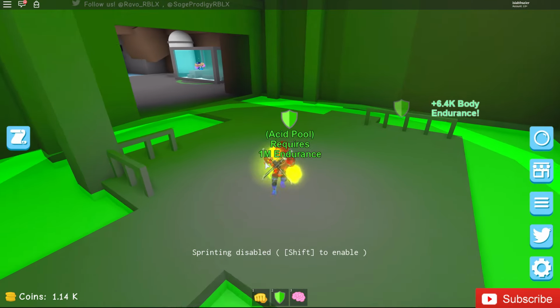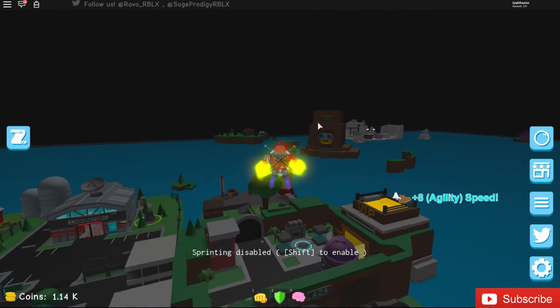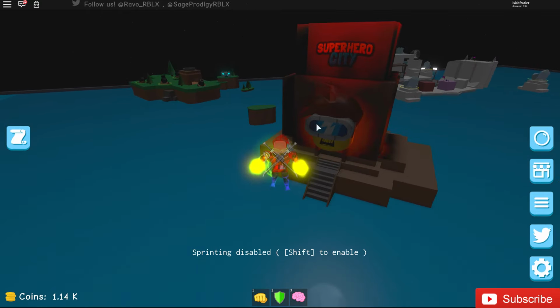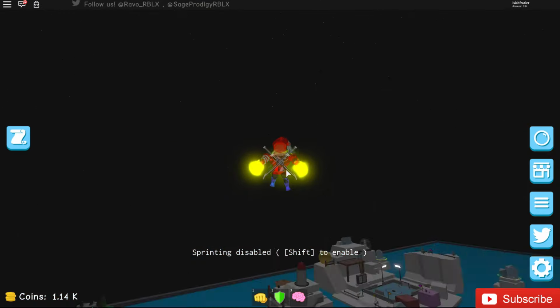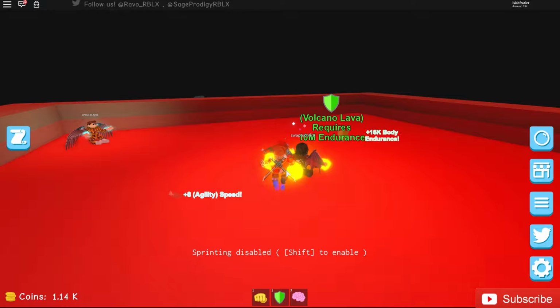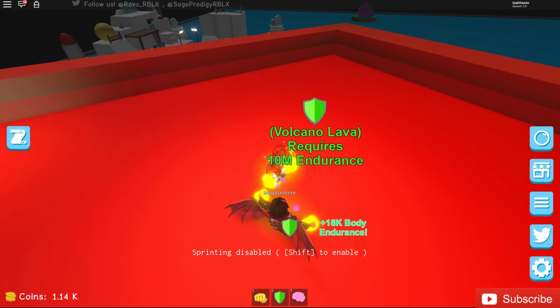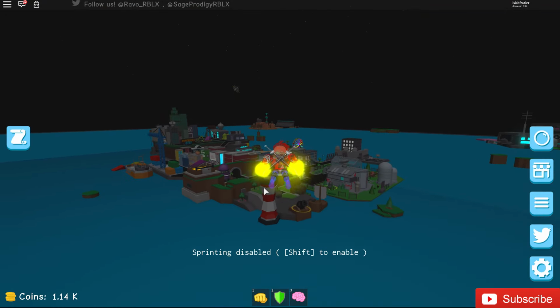So you have to grind this one to 10 million, and it's over here by the superhero city with the guy with the goggle masks or whatever. And then you have to grind the volcano lava place to 100 million. Then you see that little desert island over there. You have to fly all the way over there,